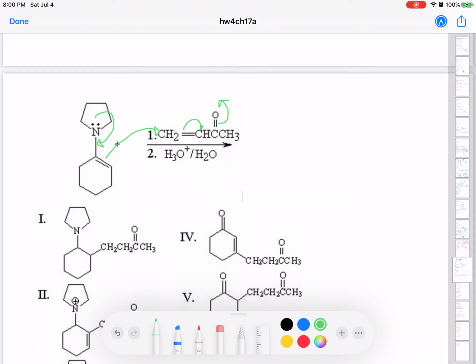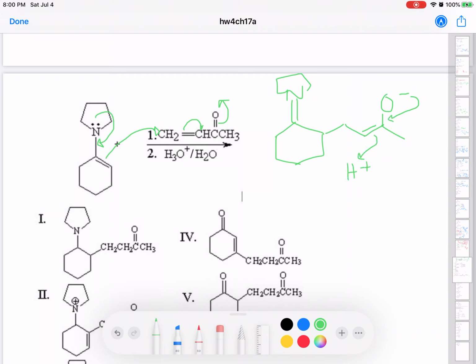So this will give you nitrogen, CH2, carbon, carbon, CH3. 1, 2, 3, 4. 1, 2, 3, 4. 4 minus this. 1, 2, 3. And then the next step would be